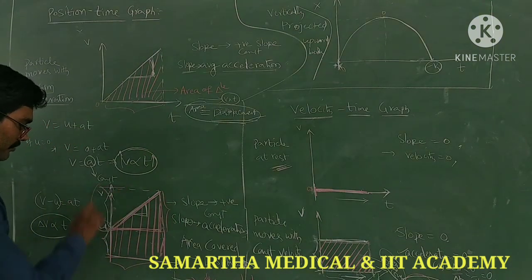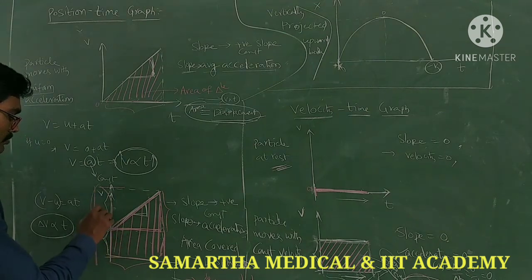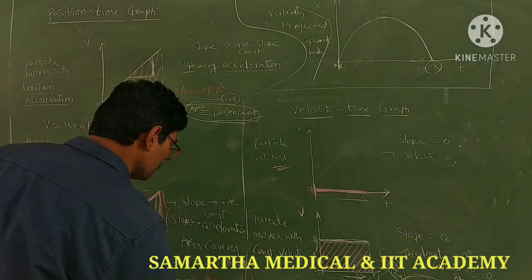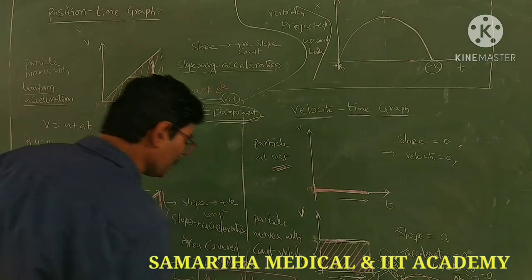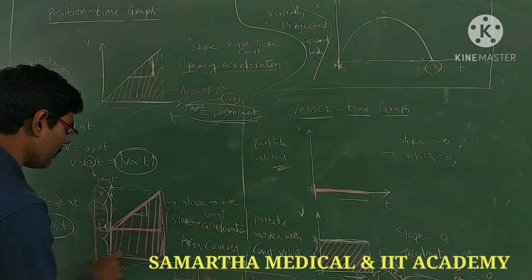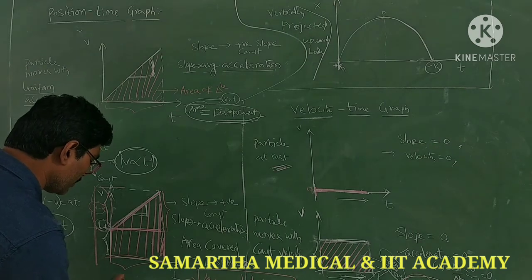Till here it is V from starting, but till here it is U. So what does it represent? V minus U, from here to here. Like this you can cover the area of a triangle. Later you can cover the area of a rectangle. So what is the area of a rectangle?